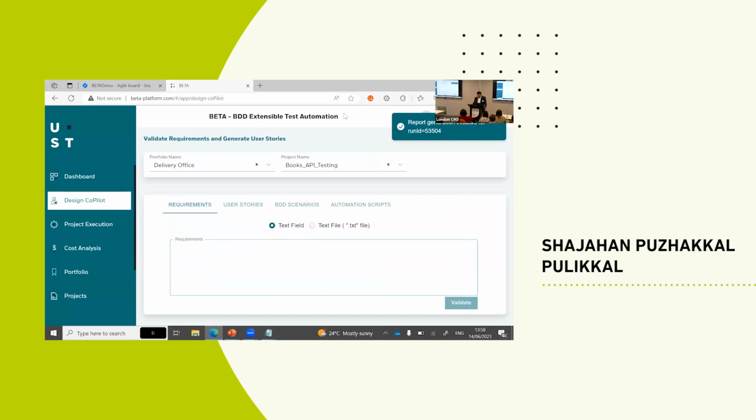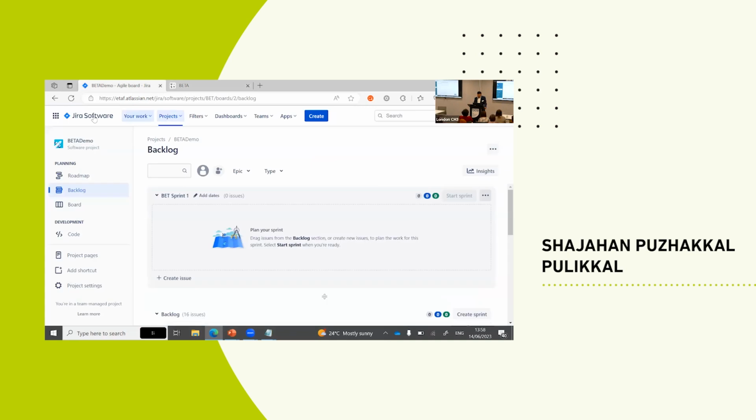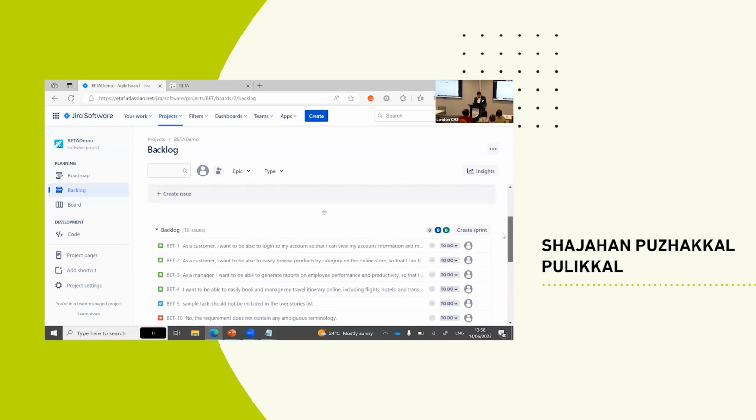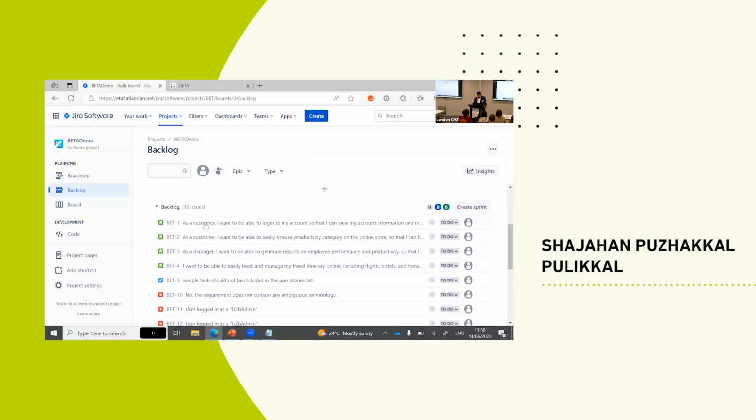Let's look into that result after the user story. And then the user story case as well. We do have the user story, so the text will come from Jira. Here in Jira I have a number of user stories. I think 1 to 4 are user stories, and there are also a task and a defect.